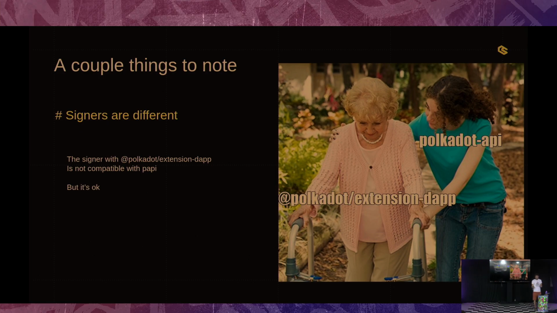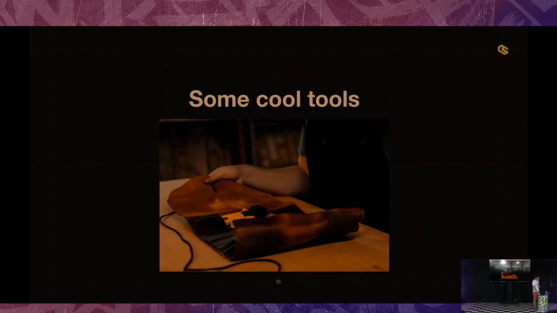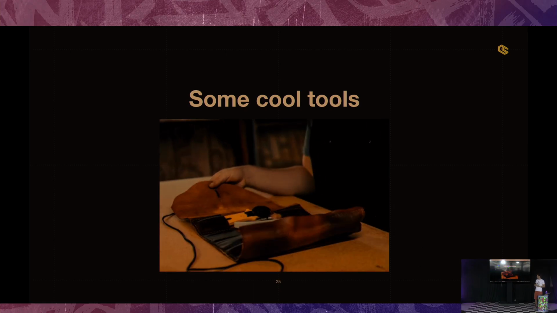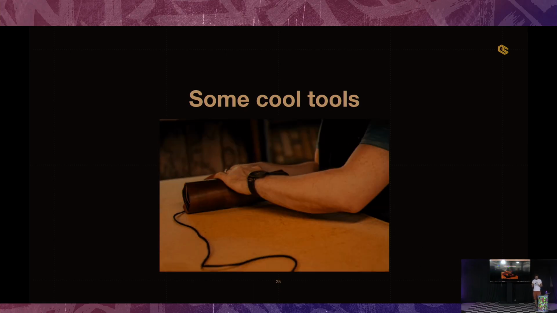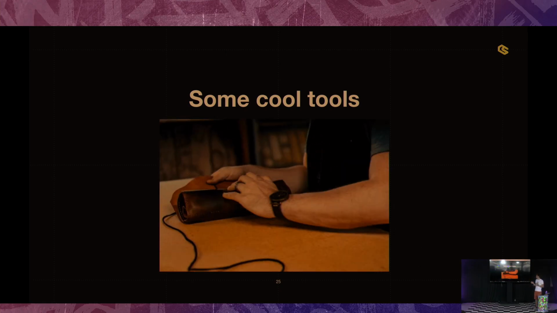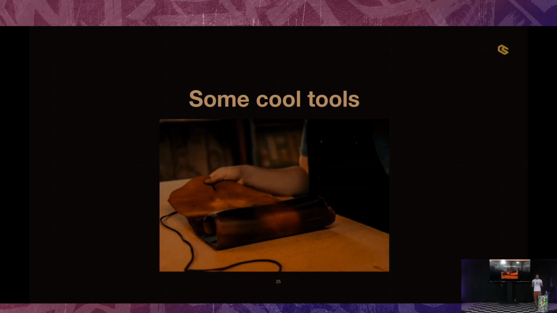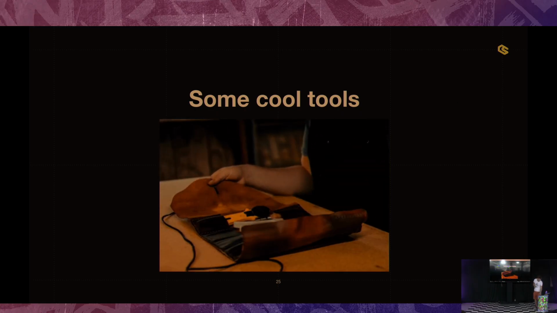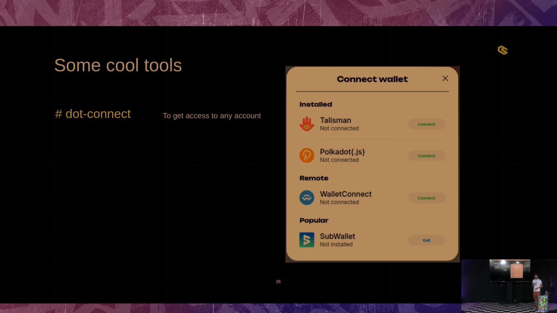There are tools for this, I will show you in a minute. All right, so some cool tools. So I've been talking about the differences basically with PAPI now. I will tell you what you get, like the perks. So just what I talked about, the new signer, for instance, that needs to be added, and forget about the Dapp extension from Polkadot. So there's an application called .connect that is built by Tien, who's an amazing person, and